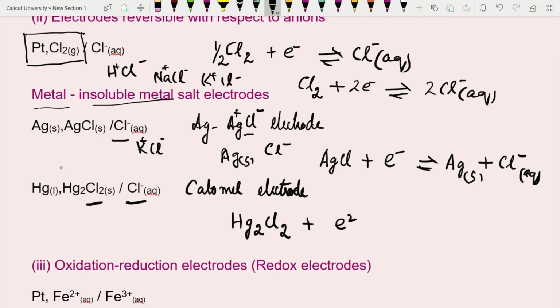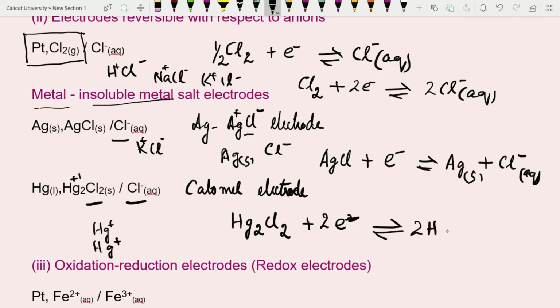Because mercurous means each mercury has +1, and you have 2 mercury atoms here, therefore these 2 mercury should be supplied with 2 electrons. Sorry, this is a minus. So Hg2Cl2 will take up 2 electrons, that is, each Hg plus ion will take up 1 electron, and the other Hg plus will take another electron. So, it requires 2 electrons,